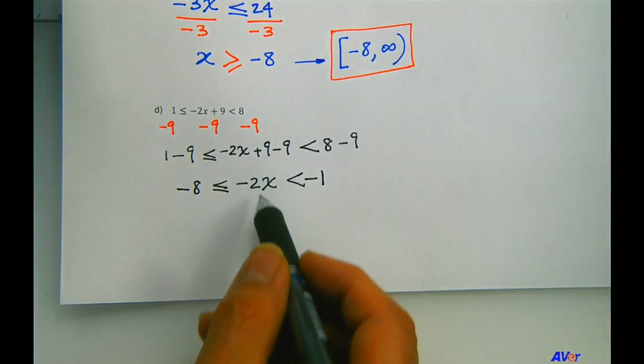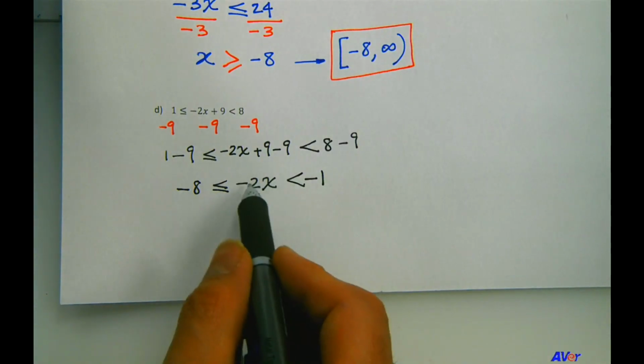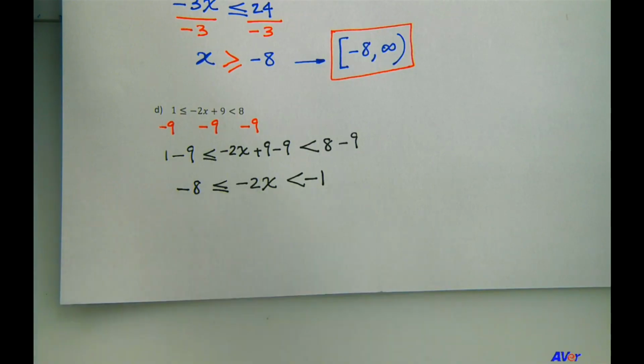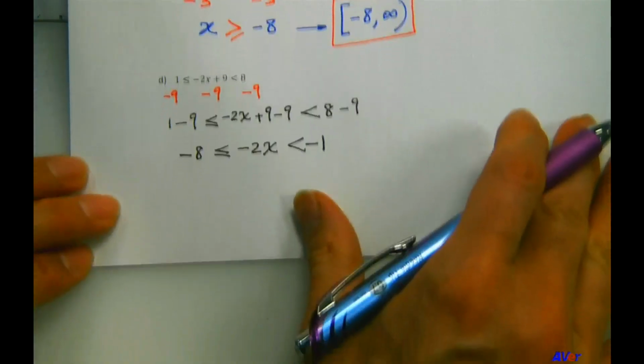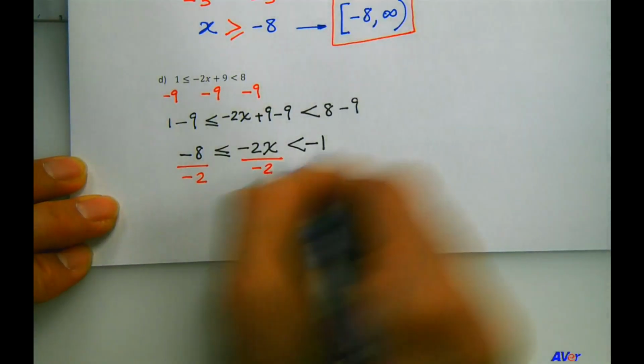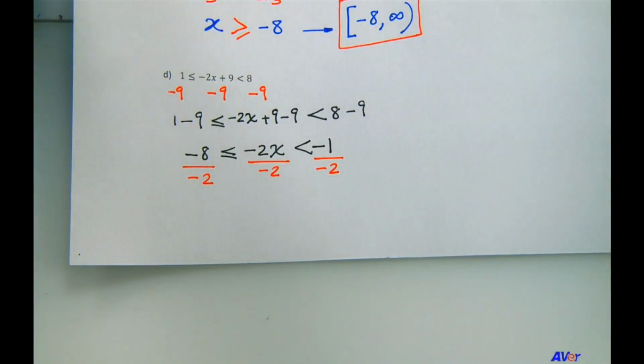That objective didn't change. So we need to get rid of the negative 2. So how do we do that? We divide all three sides by negative 2. So negative 2 here, divide by negative 2 here, and divide by negative 2 here. Okay,